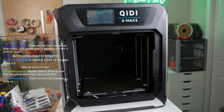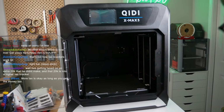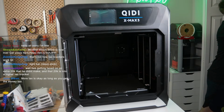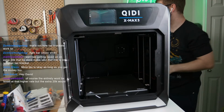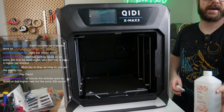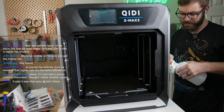All right, so let's first turn this on, and we need to clean those rods. It's a good thing I've got a bunch of IPA and a bunch of napkins. So for anybody curious, I am just going to get some of this IPA. This is 91% isopropyl. Put a little bit on this piece of paper, and then basically just run it up or back and forth on the